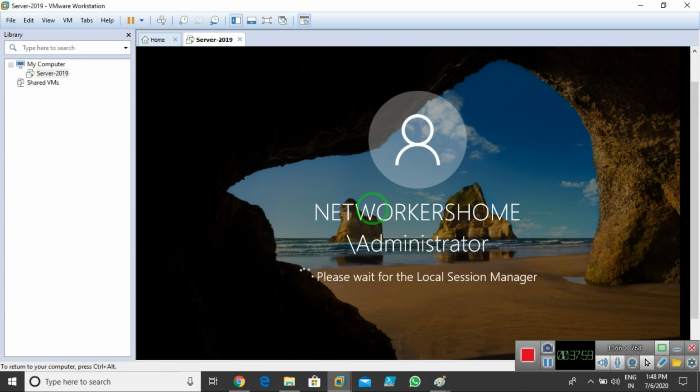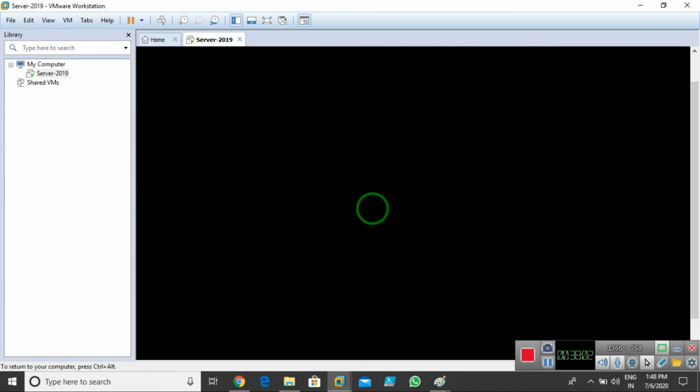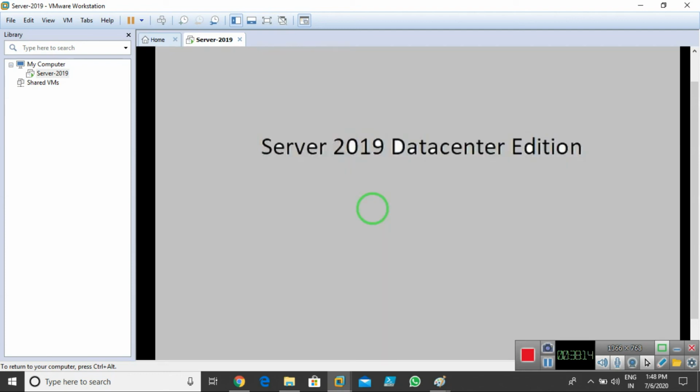Now what happens in that case? Previously this server worked in a workgroup, so we had the workgroup administrator. Now we log in with the domain administrator. Once I make this server a domain controller, the workgroup administrator is replaced by the domain administrator. Now I'm working only with the domain administrator of the domain networkers. Right now there is no local administrator, because the domain administrator replaced the workgroup administrator.